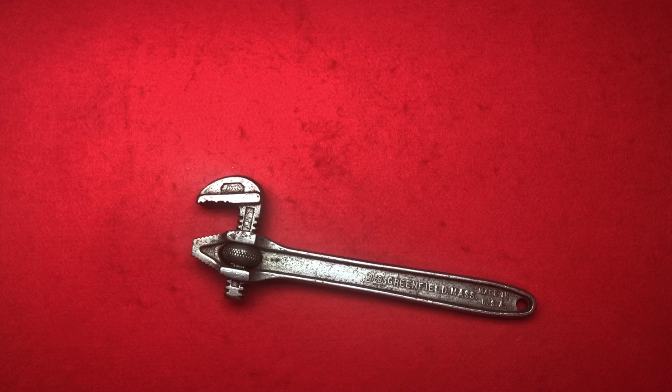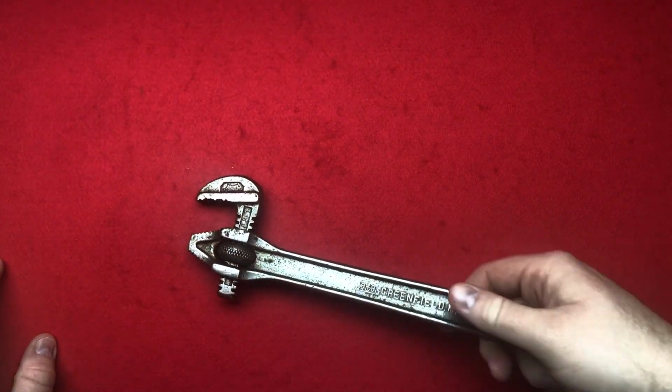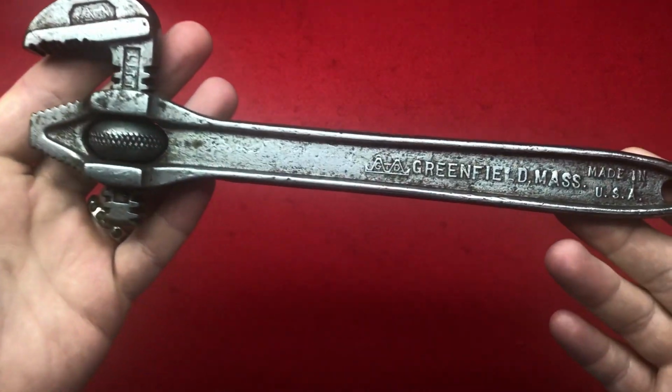I've got a couple of things to cover in this video. I've done a really cool swapsies with Nash Rathbone, which I'll be getting into. Also, I think I've decided I'm going to have a look at this 10-inch Little Giant wrench, which is a